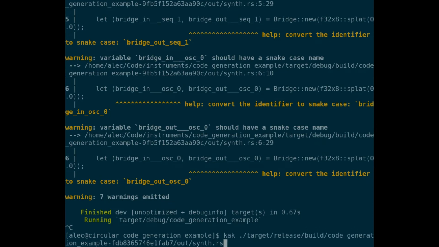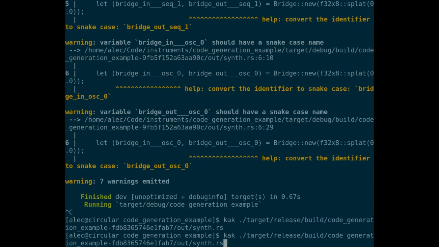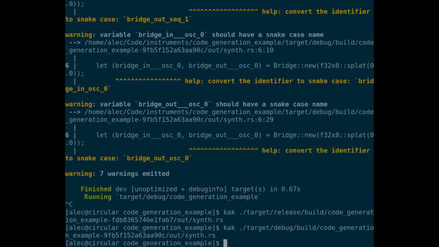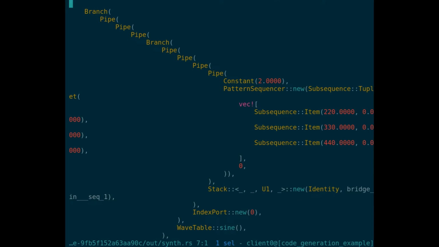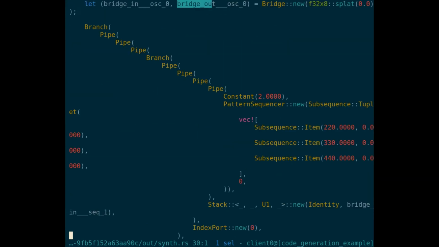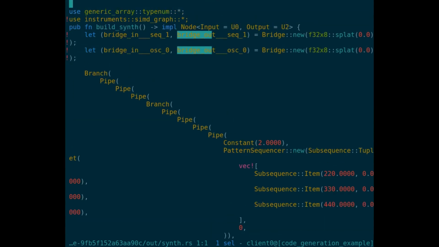And now, if we look at maybe the other one. Oh wait, there it is. Okay. So again, even with this relatively simple synth, it doesn't really fit on the page. But this is, we can see, I had two edges that needed to get broken because the sequence is used